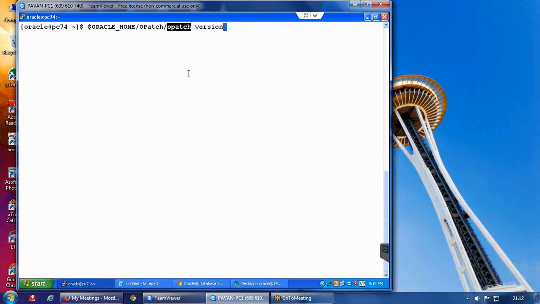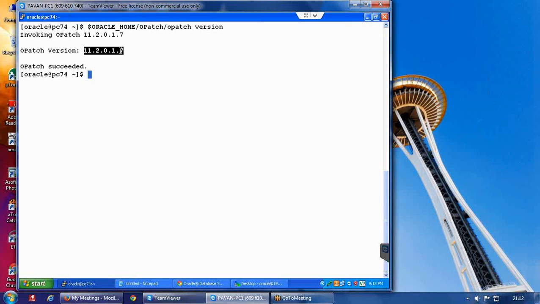OPatch is a utility basically to apply the patches. This OPatch version, whatever you have, should be the latest version. It cannot be the older version. For example, if I run this command, opatch version, our database version is 11.2.0.3, but our OPatch version is 11.2.0.1.7, which is old.